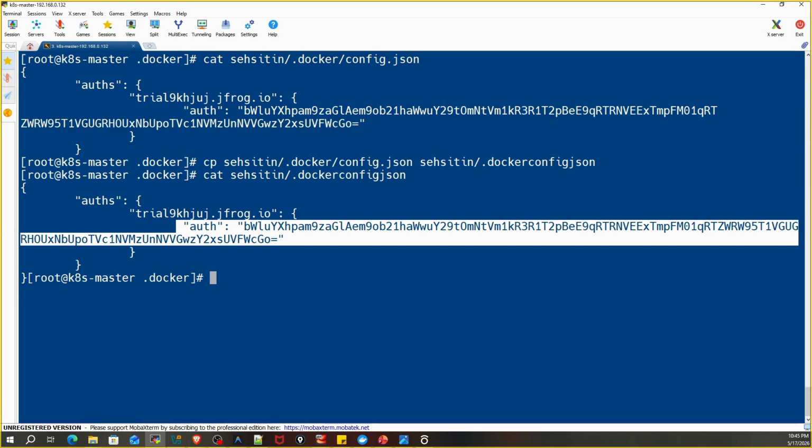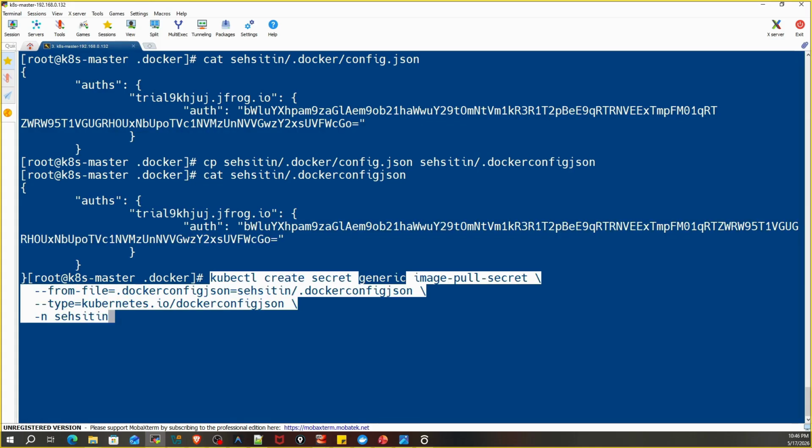Now the next step is to create the Kubernetes secret. And here we are using the imperative approach, meaning directly using the kubectl create secret command. Now let me explain exactly what is happening here. kubectl create secret generic. This tells Kubernetes to create a generic secret object. And this image pull secret, this is simply the name of our secret. Later our deployment or pod will refer to this name.